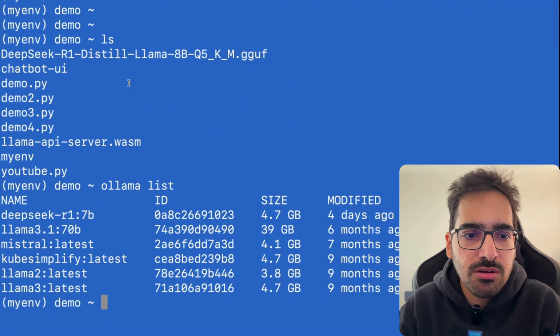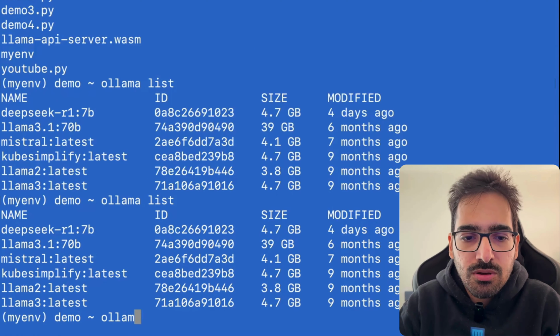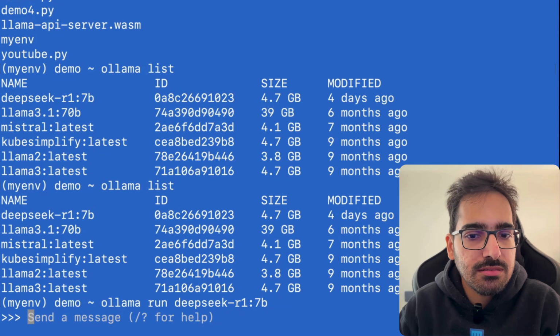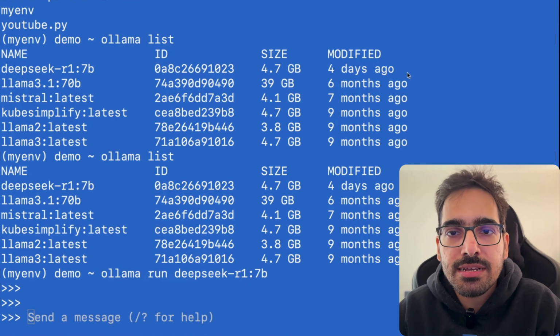I already have Ollama installed. So you can see I have the DeepSeek R1 7 billion one, which is there. I've been playing with it for some days now. Now we'll do ollama run deepseek-r1 7b. Now it is running. Also, if I go back here in the browser,